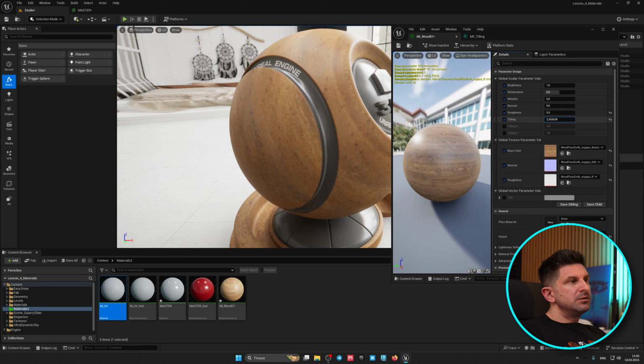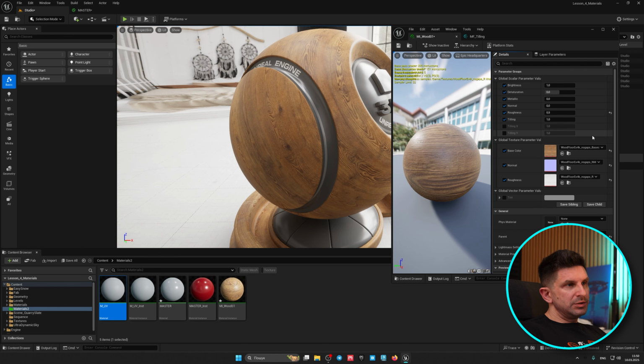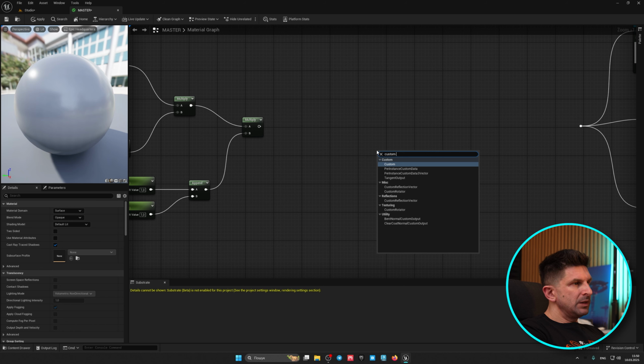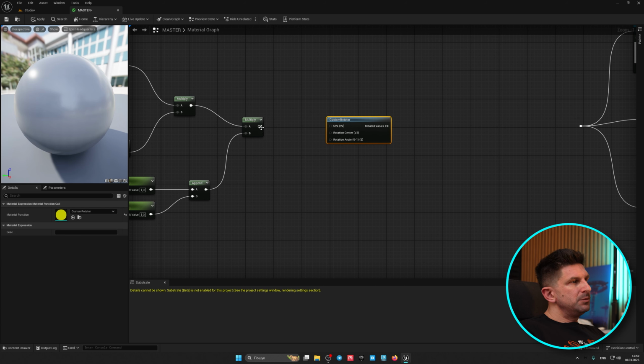Now, we need to rotate our texture. To add the ability to rotate, we return to our master. Let's make a little more space. And for this, there is indeed a special node specifically called CustomRotator. This is such a node. We take our results again, pass them through it,